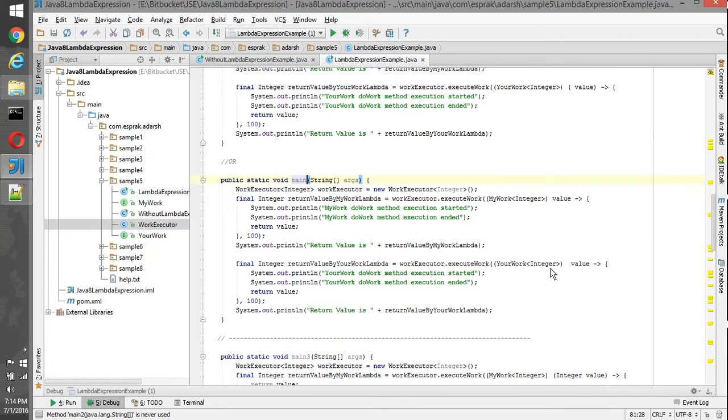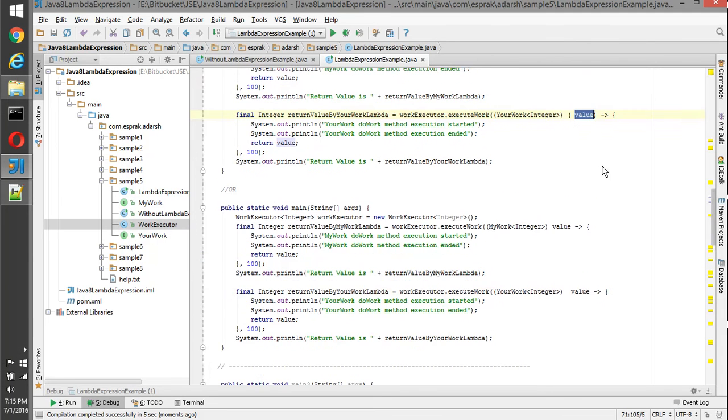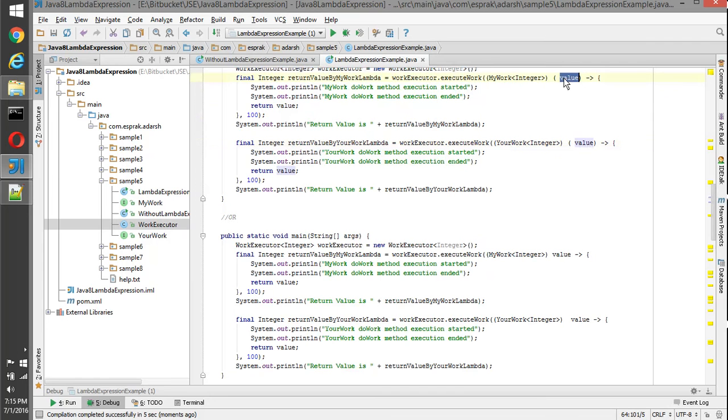If you see, we have only one parameter, so if we have one parameter, we can remove the parenthesis, the open and close parenthesis around the argument. If you see the difference here, we had open and close parenthesis around the argument to the method.